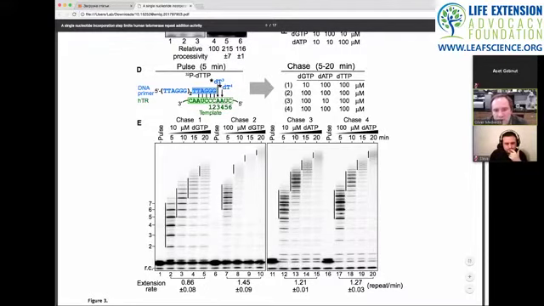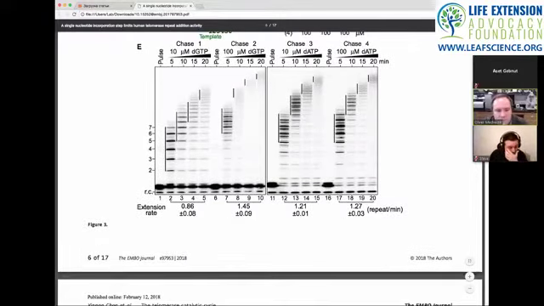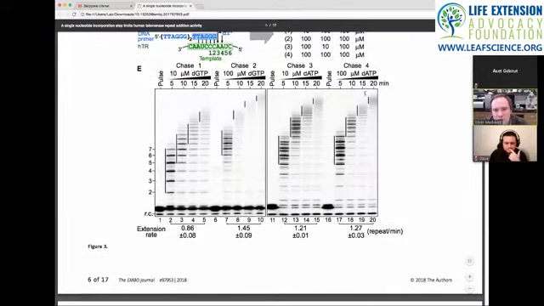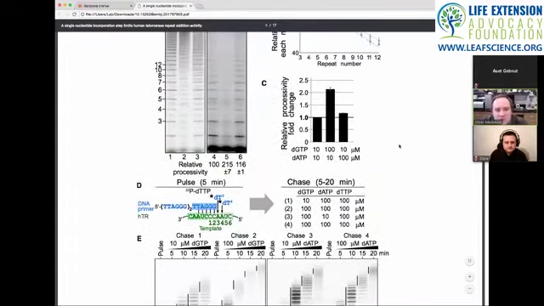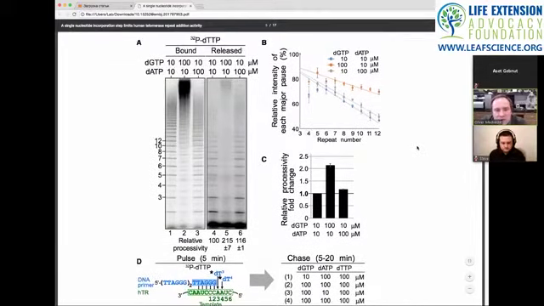And adding in other nucleotides, in this case dATP, does not help, and this is basically their extension rate calculated, extrapolated from this data here, 0.86 to 1.45, so it's a little bit more than 2.5-fold extension, and we don't see any difference when you chase it with high concentration dATP and let it go for a longer period of time. So basically what the authors are saying from this is that